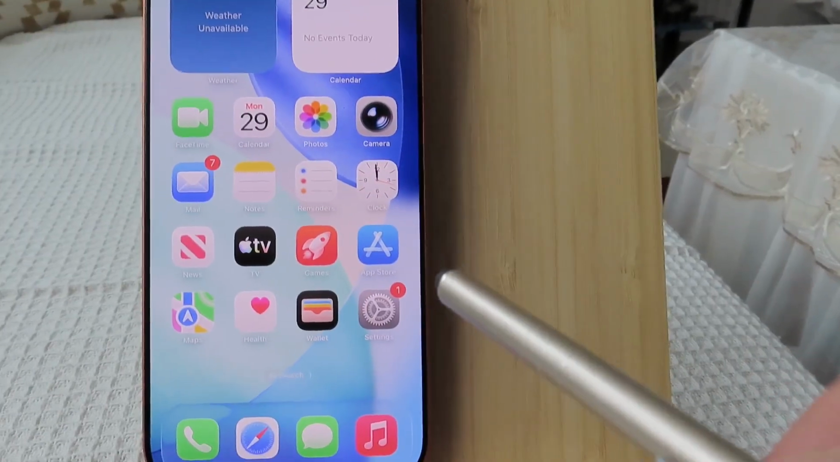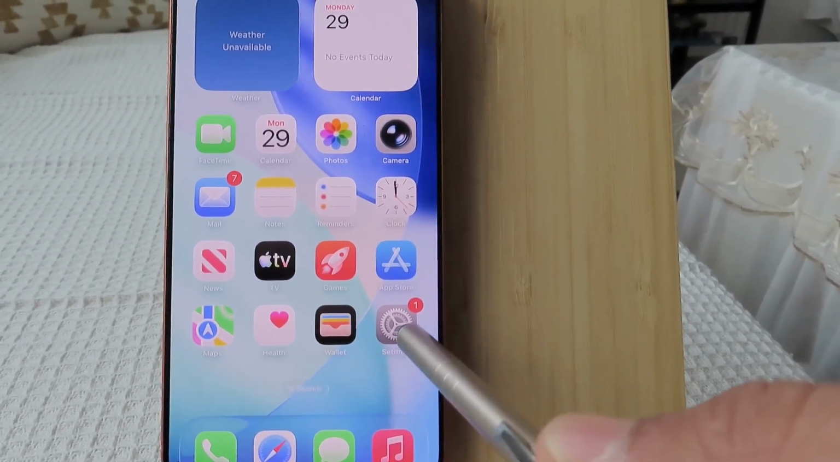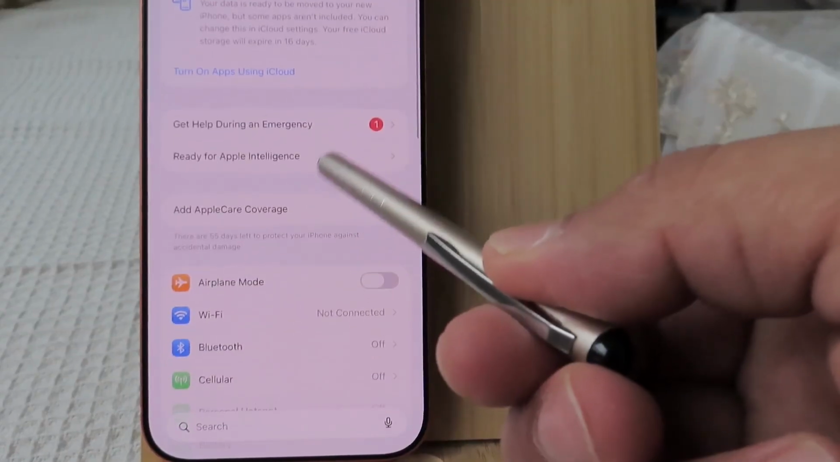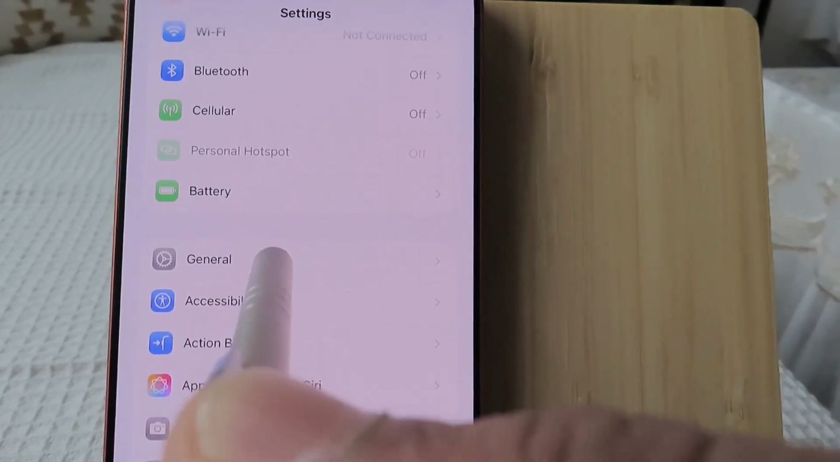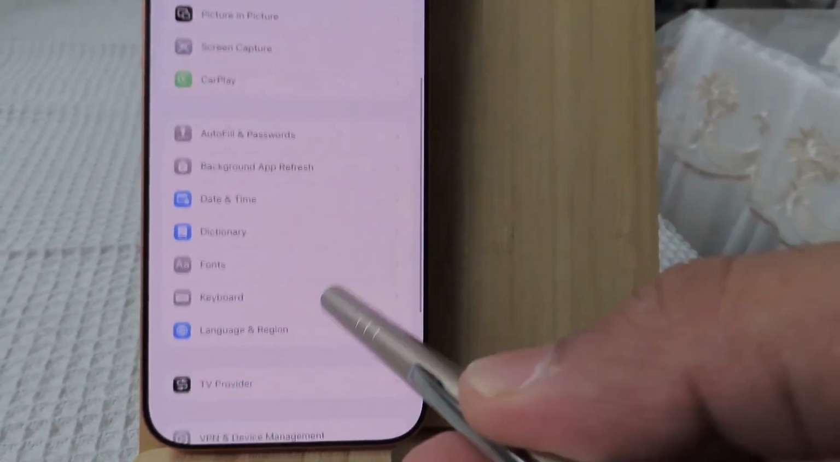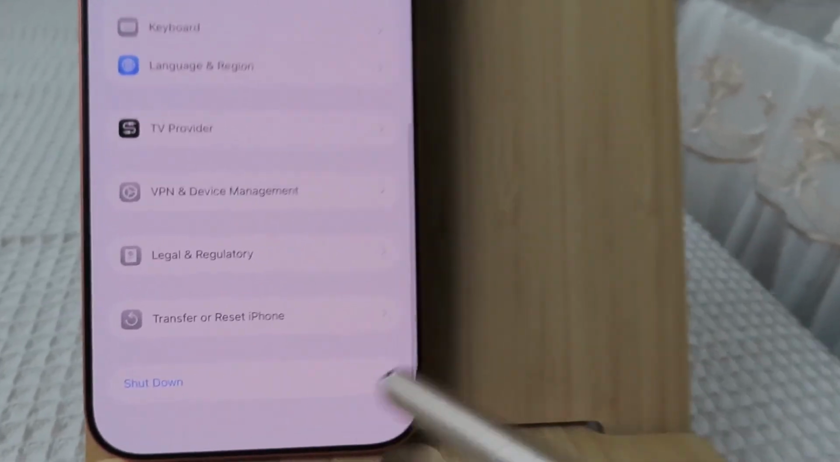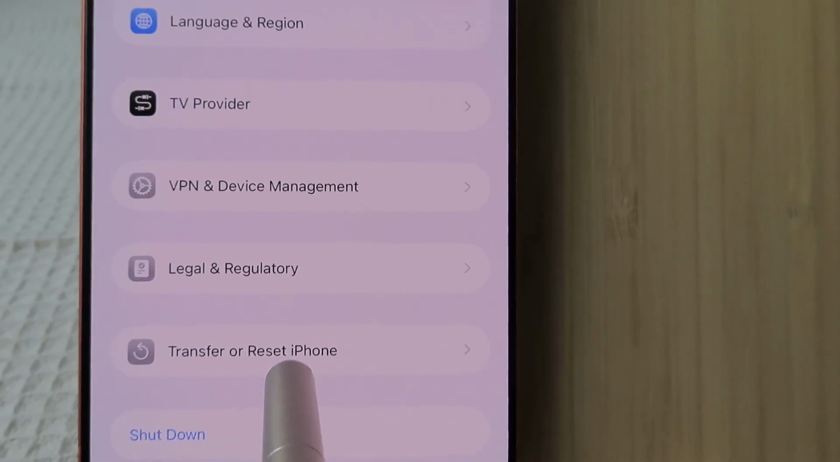So to go to the initial setup screen, first go to Settings, scroll down a little bit, then click on General, and then scroll again. At the end you see Transfer or Reset iPhone. Click on Transfer or Reset iPhone,